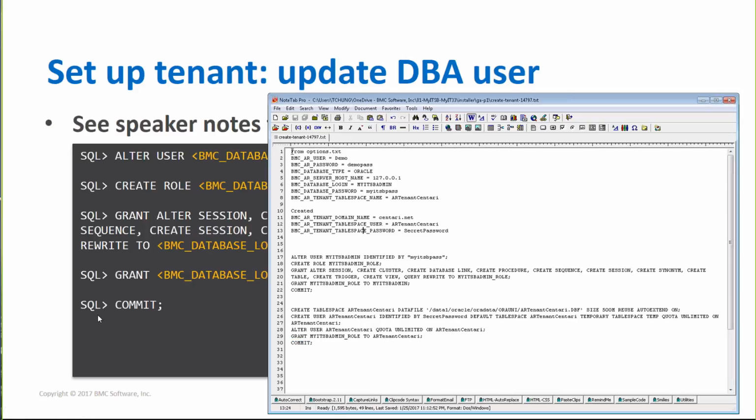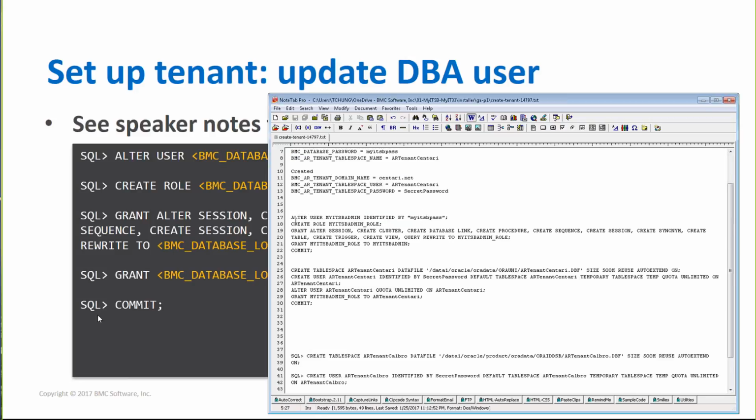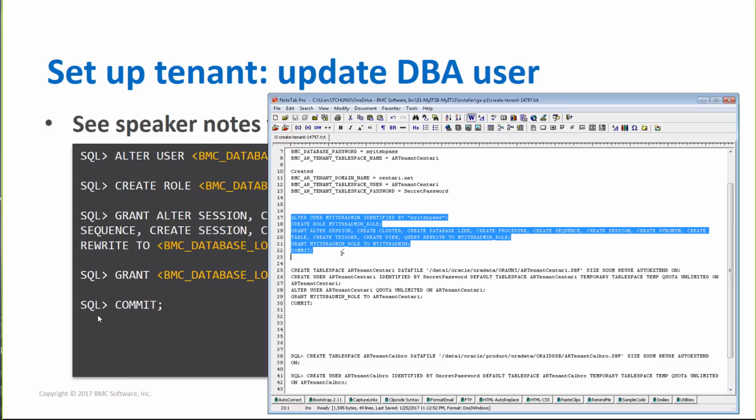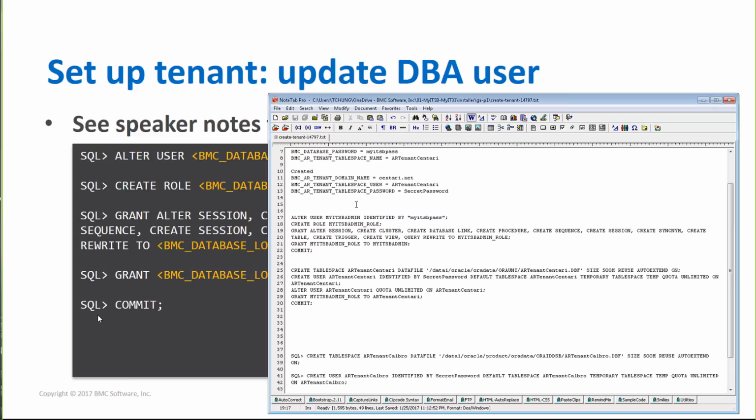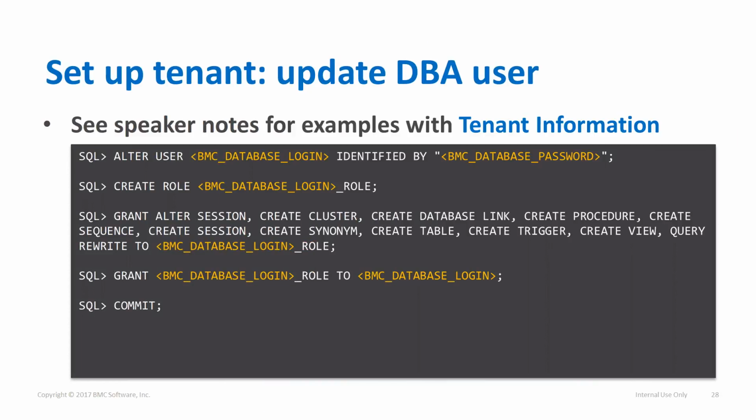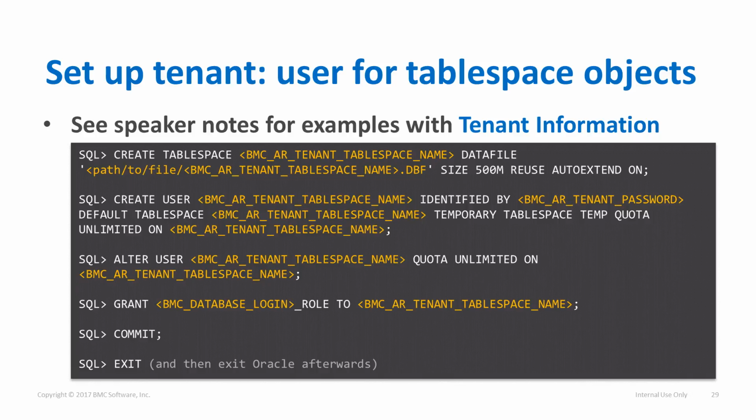Then I changed all of the information to match what I wanted. You just copy them and paste them one at a time into your terminal window to update the user credentials and then update the table space objects,